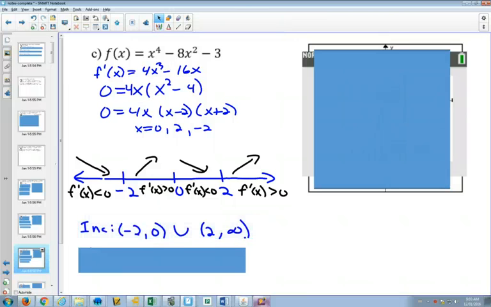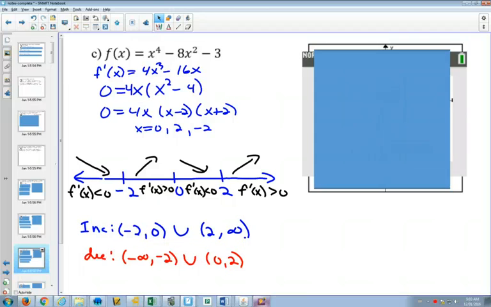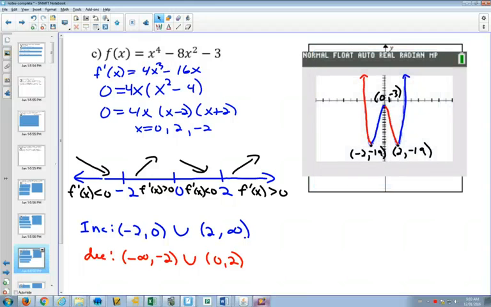So then once we find that, we know where it's increasing, we know where it's decreasing. We can find those points. If we plug in 0 into our original equation, that's pretty easy to figure out. You get negative 3. We plug in negative 2 into our original equation, and you're going to come up with negative 19. And you can see where things are increasing and where things are decreasing. And quite accurately, you can draw an x to the 4th graph. Once you've got those maximums and minimums, and you know where things are increasing and where things are decreasing,